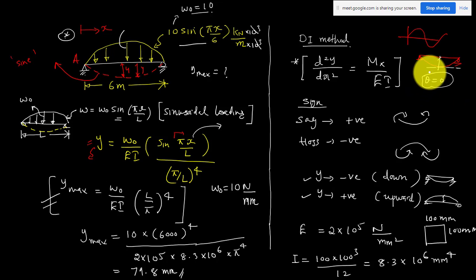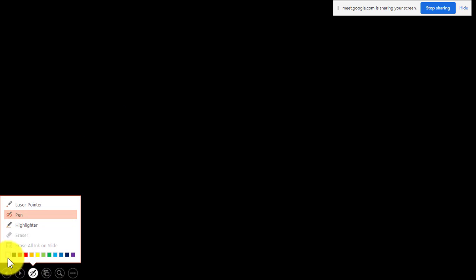Anyway, we have completed the double integration method. All the questions will be of the same method. The only thing is you have to form the boundary conditions. If we have two integration constants, you have to get two boundary conditions from the given beam. Given beam means you have to see the support condition, and accordingly choose the boundary conditions. Once you get the boundary conditions, you just apply them and solve it.